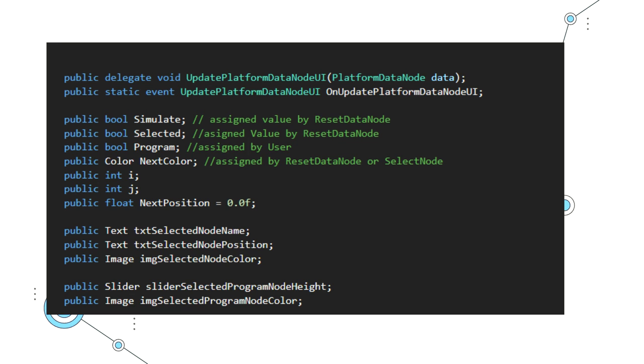So these are public, so we can drag and drop items within our scene and make them accessible to the script. In this case, we have 3 booleans: simulate and program help us determine which scenes that we are on. I and j are for the m by n values of our grid. Text is for the text that we want to be displayed. Slider is a 3D GUI slider. An image is